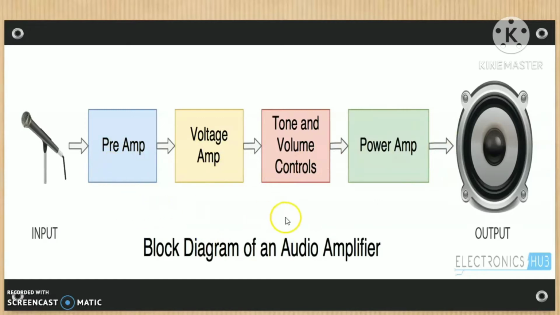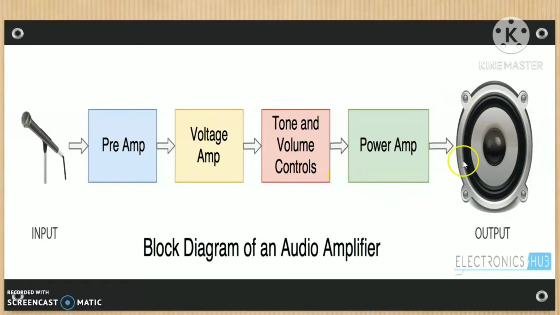See, this is nothing but an audio amplifier. If you look at the audio system here, with the help of a mic, when we speak, our sound signal is converted into an electrical signal using a transducer. Then comes the pre-amplifier. The output of the transducer is normally very small, in millivolts, so the pre-amplifiers are required. This is nothing but a voltage amplifier. Mainly voltage amplifiers are used at the starting stage of the audio amplifier. Then there are some tone and volume controls. Then here our load is nothing but a speaker.